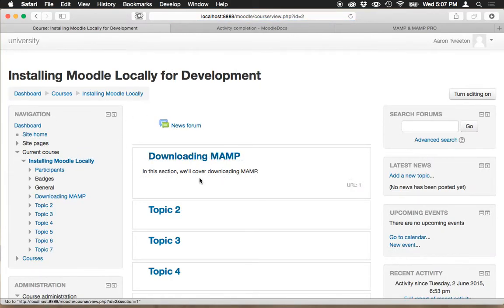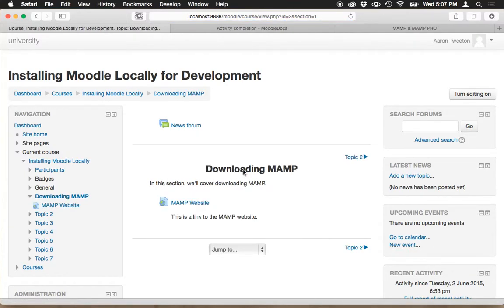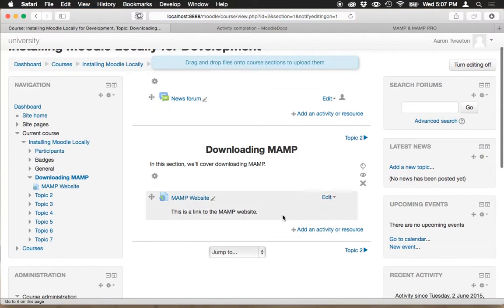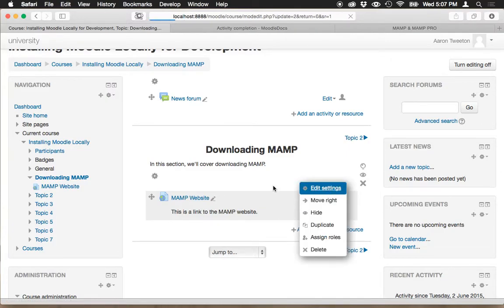Okay, again, you see a little hint of what is inside this topic, but you don't actually have access to it unless you click on it. And I was expecting to see a little checkbox over here, but let's turn editing back on and see if I need to maybe edit this URL. I probably do. So let me click edit settings for this URL